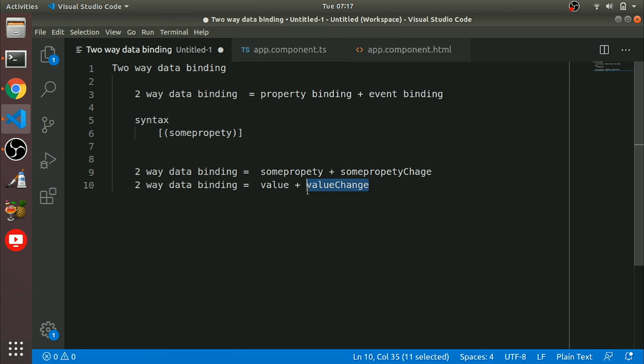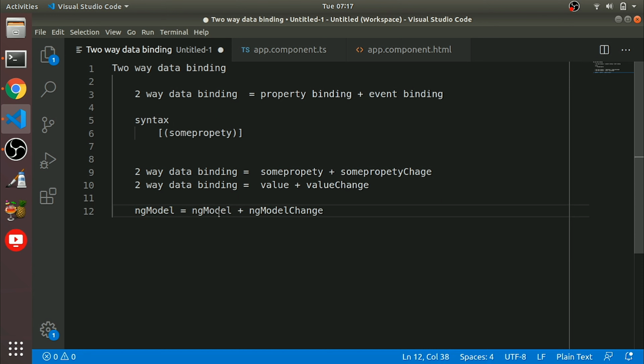For that, hence we have the ng model directive. The ng model directive, it means we can say ng model, and it will do these two things. That means it will follow this pattern, ng model plus ng model change.